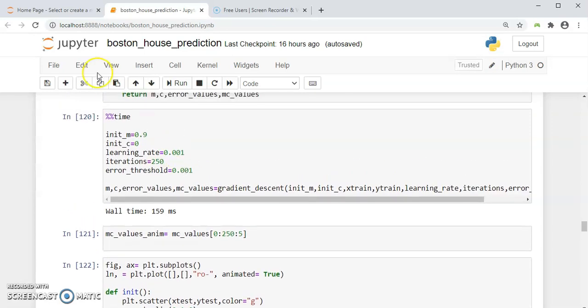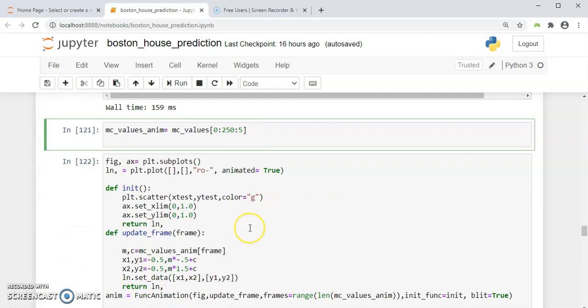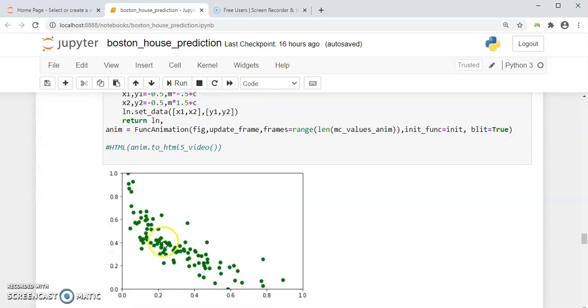You can see that there is a special function, %%time, which is known as the magic function in Jupyter Notebook, which is used to get the wall time taken by the cell to get executed. And in this case, this is 159 ms. After doing all this and combining all the functions, we can plot the data, and you can see.